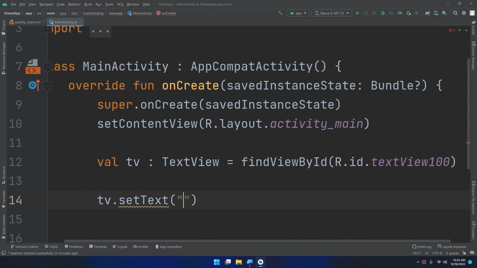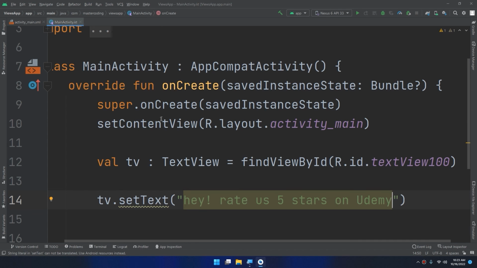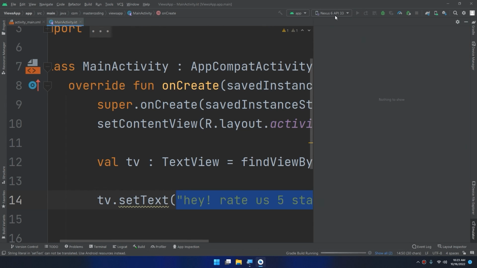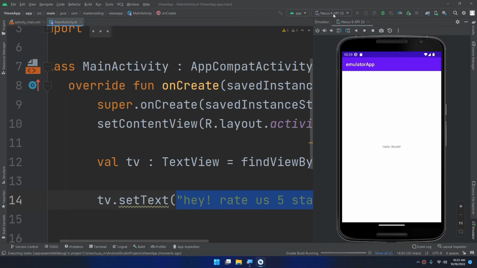I will name it as, hey, rate us 5 stars on Udemy. Okay, if you design this before running, in the initial state, it will display hello my friends. But when running the application, it will change the text to this. Let's see. If I run the program here, if I click on Nexus 6 and run the program, the emulator, here, I can see